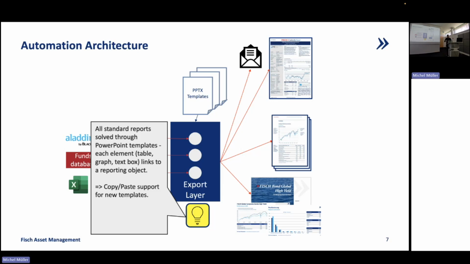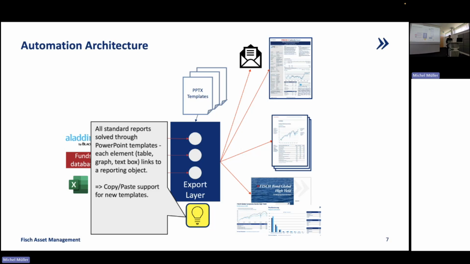When you compare this to many other reporting engines we have evaluated in the past, usually you have to set everything up from scratch in some kind of web interface, for example, and it's just a lot of work and also not very flexible to do what we needed it to do. In the end, we basically decided on this for fact sheets, and from there it grew into these other